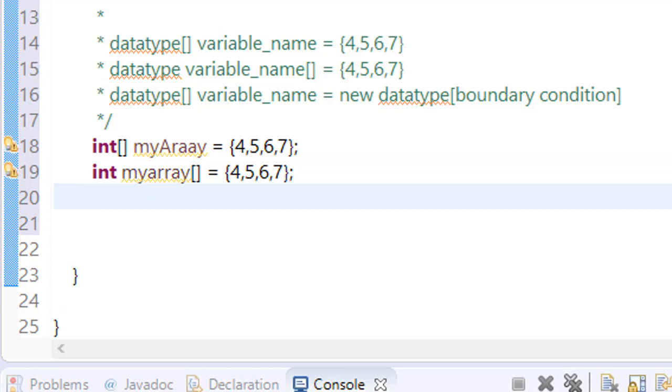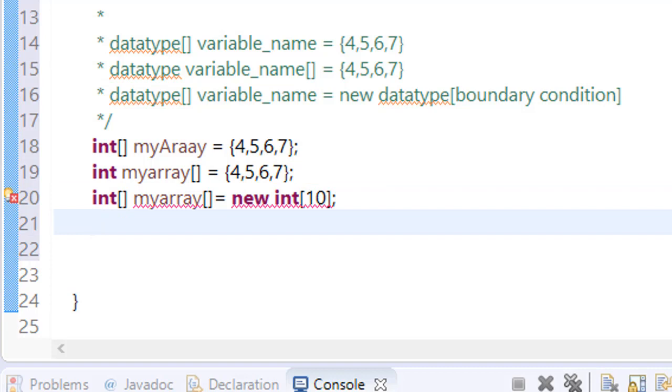Cool. In the third case we can do int, that is the array name, my array is equal to new int, and here you have to put how many elements you want. For example 10 or 12, how many you want depends on you.